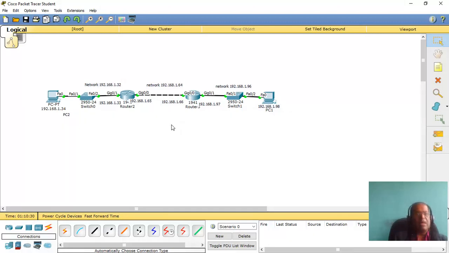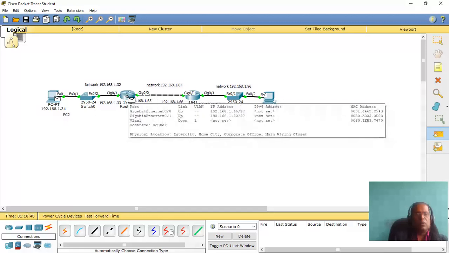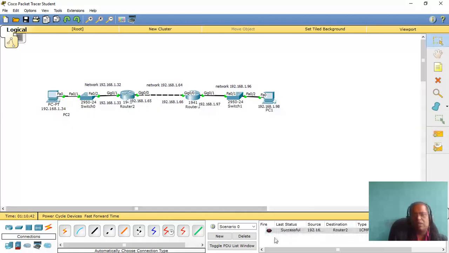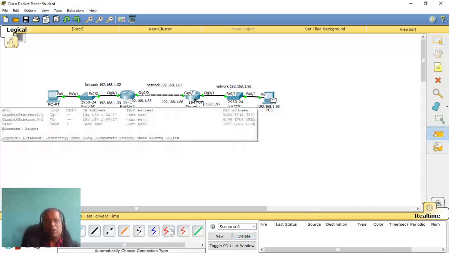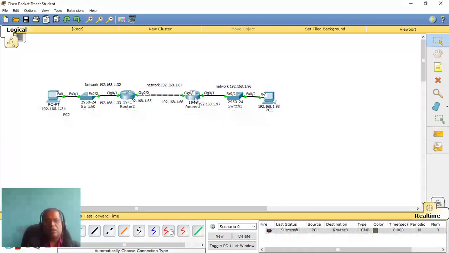after I assign the IP address, I can just try communicating from here, from PC1 to the router. It is successful. I have seen the communication is successful. Now let us see this one more clearly. Now the communication from the PC1 to the router is also successful. So from here to here and here to here the communication is successful.